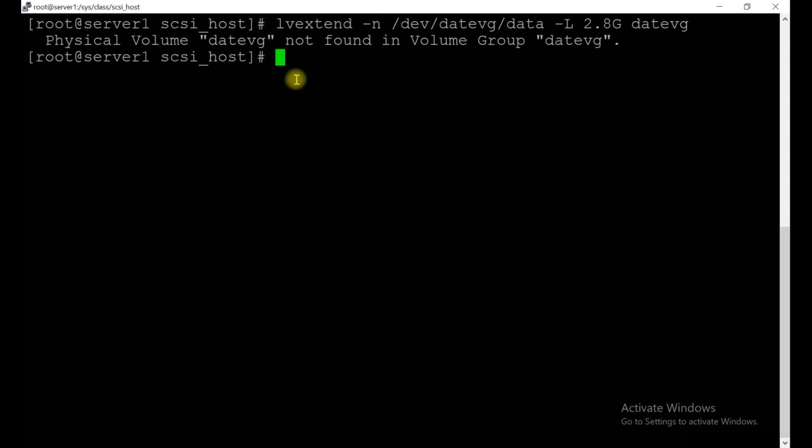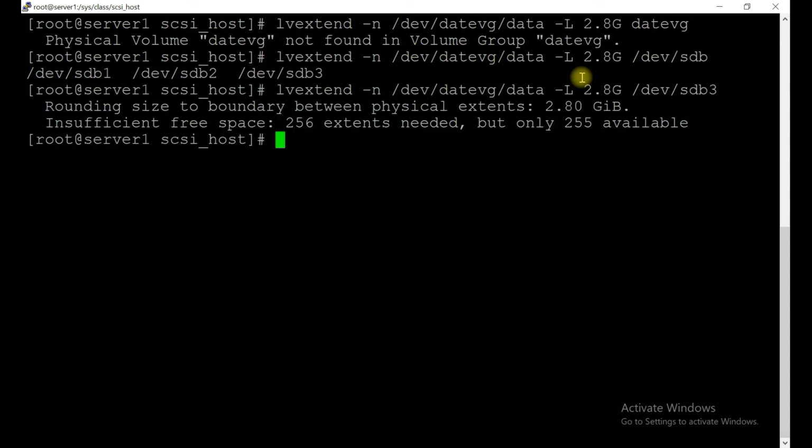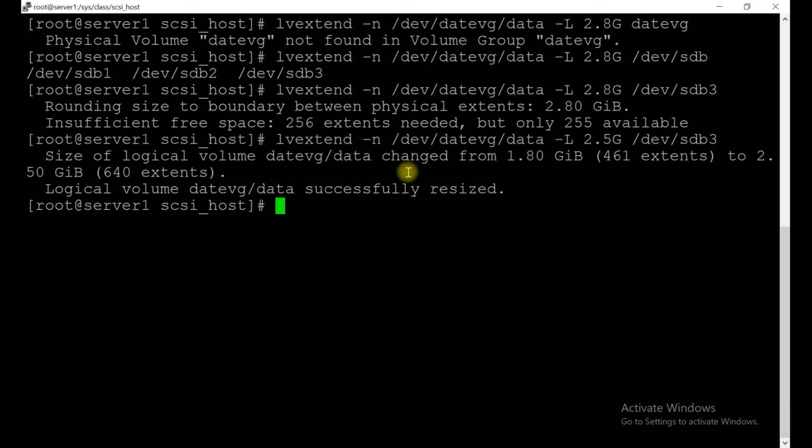Physical volume dataVG not found in the volume group. Okay, so I think it is more than that. Let's reduce the space. Let's make it 5. Successfully created.